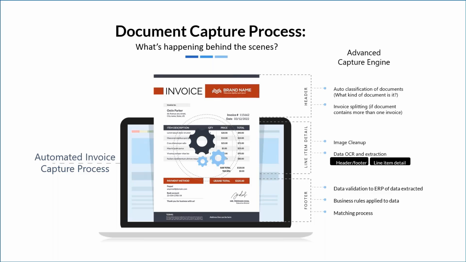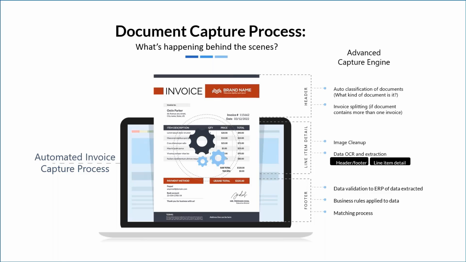Here's a look at what's happening behind the scenes after the documents have been captured. The WebDocs Advanced Capture engine takes the documents that have been captured and classifies them to make sure it knows what kind of document it is. After that, it extracts all the required data from the entire invoice at the header, footer, and line item level. If the invoices are being emailed to you as an attachment and there are multiple invoices inside that attachment, no worries. The system interrogates and splits them into the appropriate documents automatically